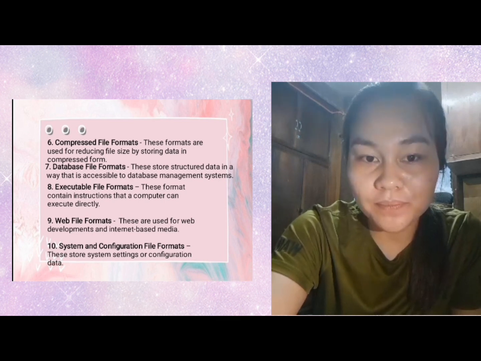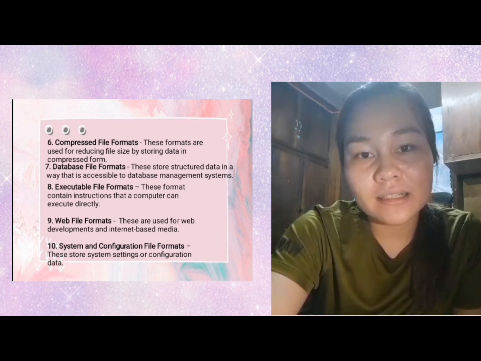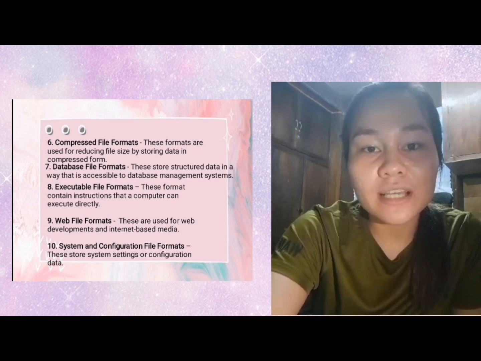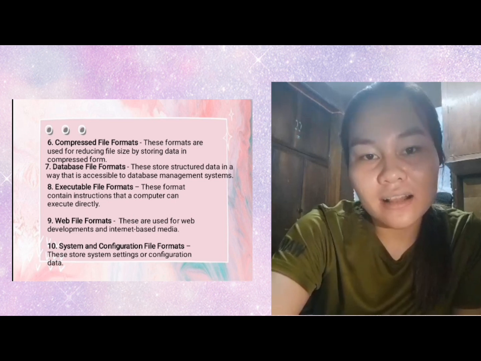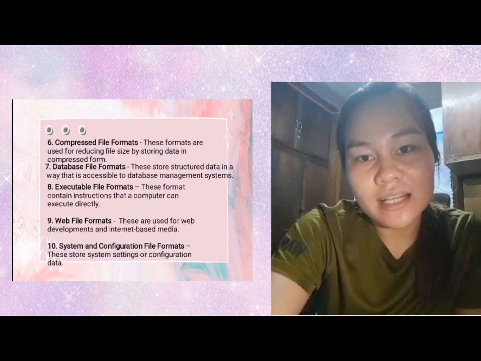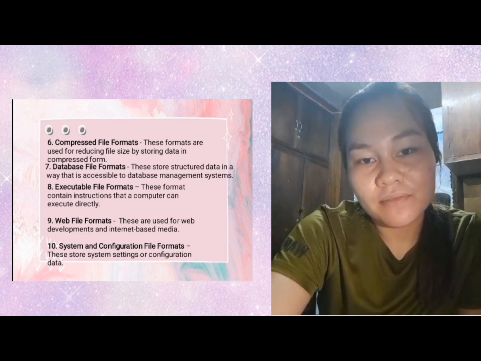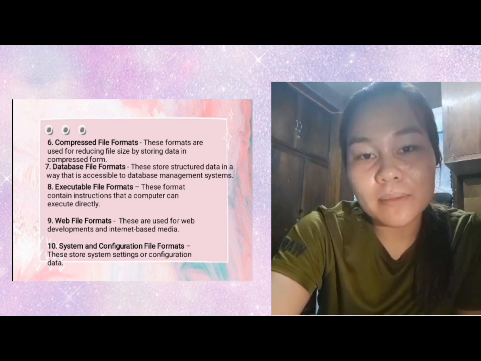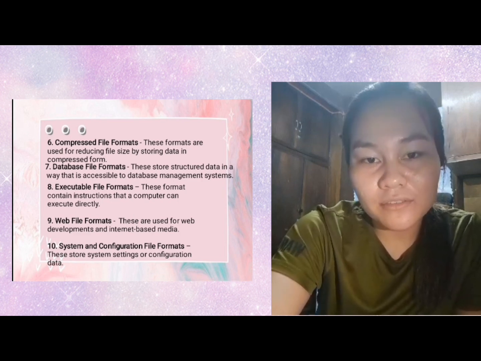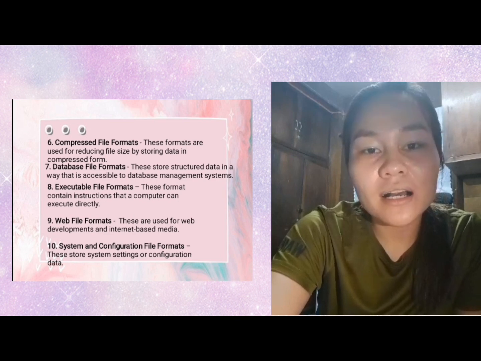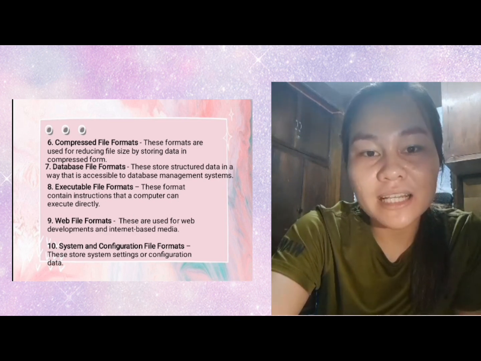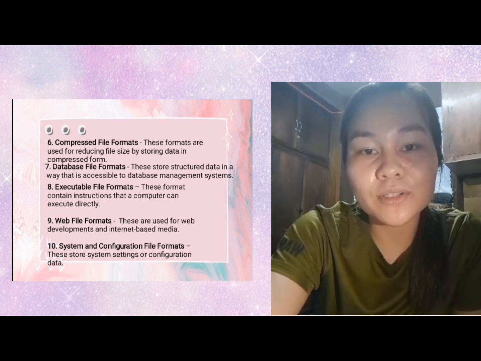o application. Halimbawa ng system files ay DLL o Dynamic Link Library sa Windows at CFG configuration file na ginagamit ng iba't ibang programs para i-configure ang kanilang behavior. Ang mga configuration files ay madalas na hindi binabago ng mga ordinaryong user, maliban na lang kung kinakailangan para sa